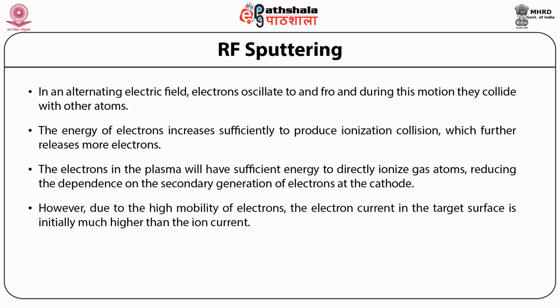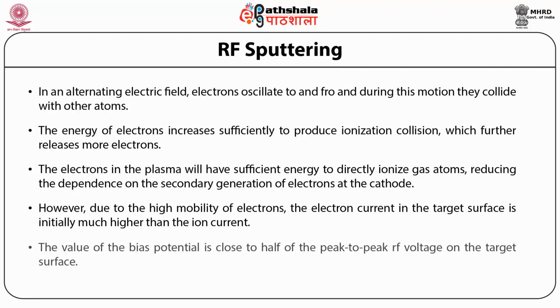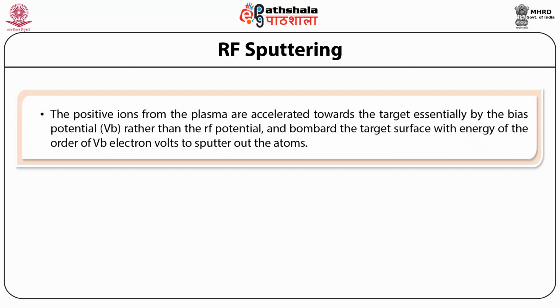However, due to the high mobility of electrons, the electron current on the target surface is initially much higher than the ion current. This results in a fixed negative DC bias on the target with respect to the plasma. The value of the bias potential is close to half of the peak-to-peak RF voltage on the target surface. The positive ions from the plasma are accelerated towards the target essentially by the bias potential VB rather than the